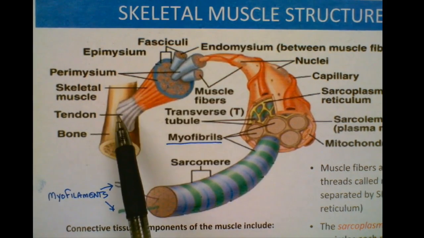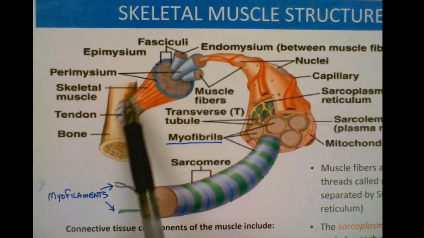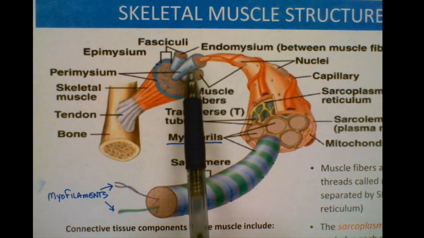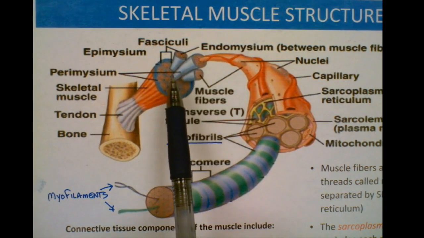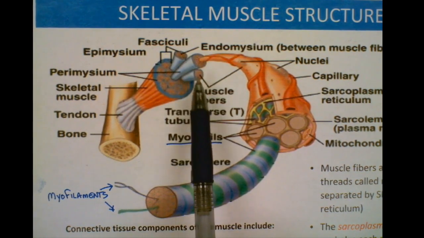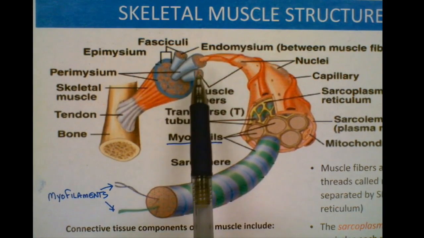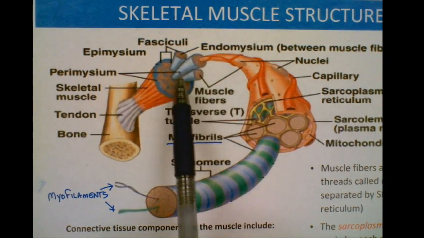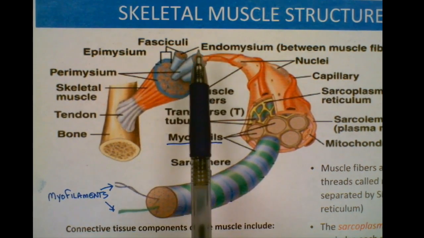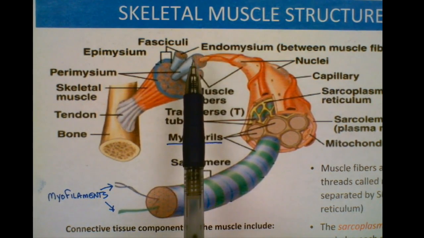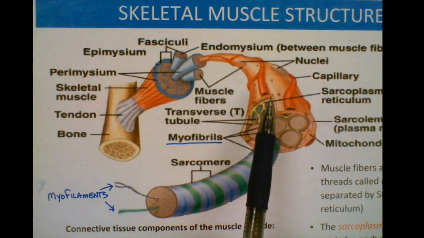All right, see, it's attached to a bone. This entire muscle is made out of a bunch of bundles. And these bundles that are pulled out here, see there's 3 that are pulled out. These bundles are called fascicles or fasciculi, that's plural. So we pull out a fascicle, and these fascicles are going to be made out of bundles of these structures